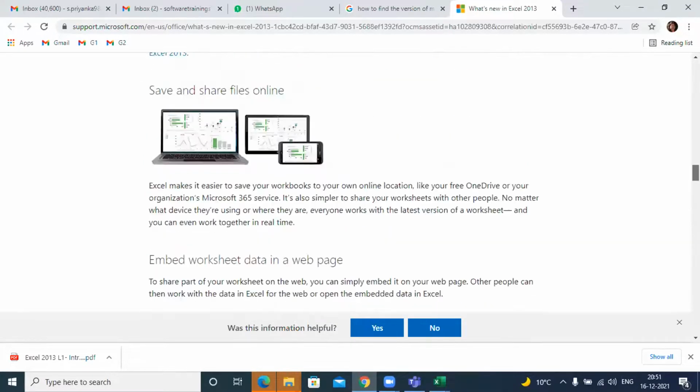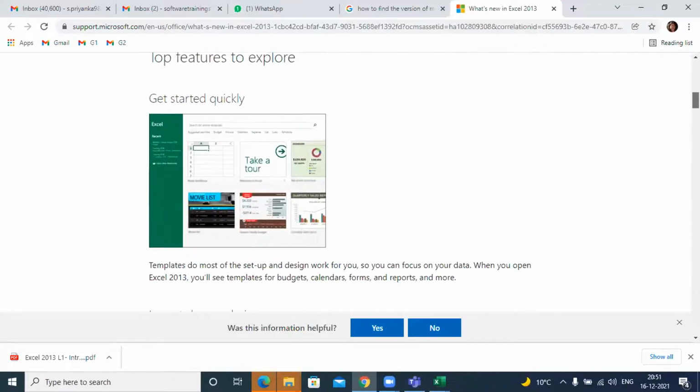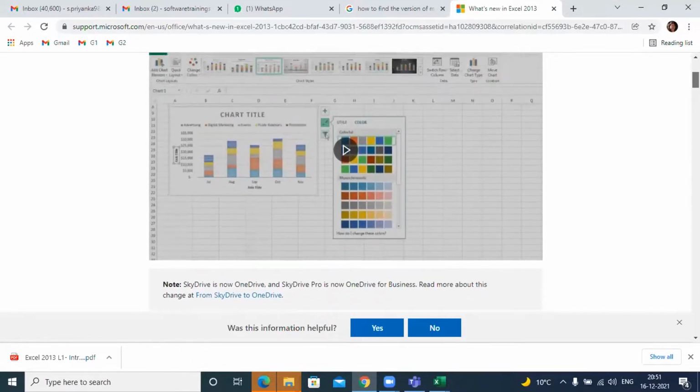One unique thing they do is they will also give you a tour in the beginning. Let me show it to you. Here, for example, they give you a tour of the chart title, the different pivot diagrams that you create, different options you've got, right? So this is very, very powerful and a very good thing to do. Always make sure you explore these new versions on this support.microsoft.com website.